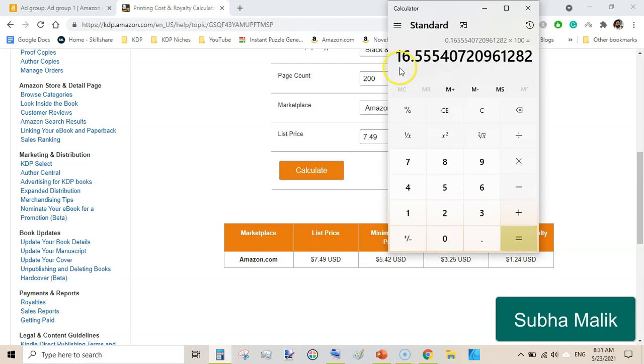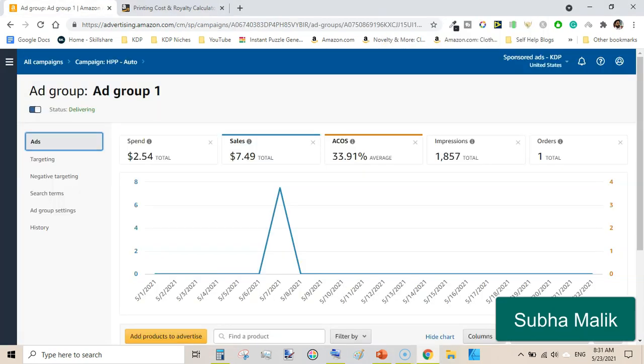My ACoS should be 16.55 in order to break even. At 16.55 ACoS, I am neither making a profit nor making a loss, but here it is 33.91. It means I am losing much money on this ad campaign.